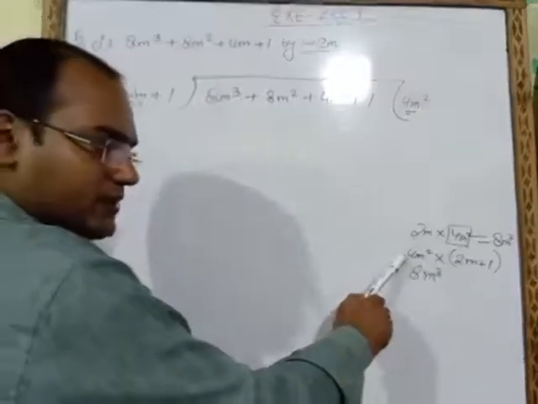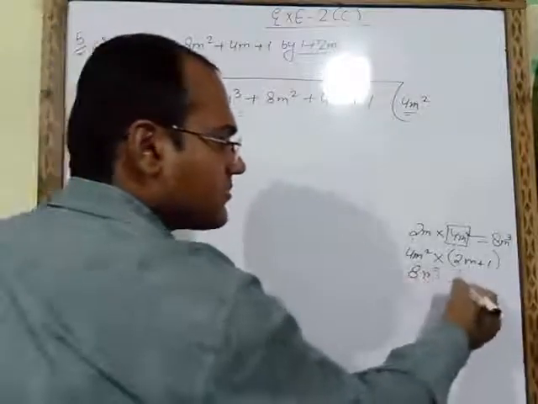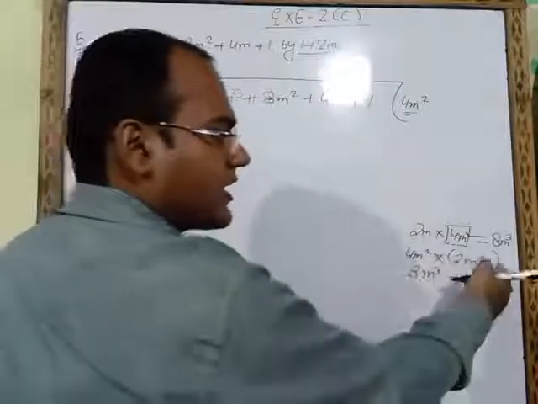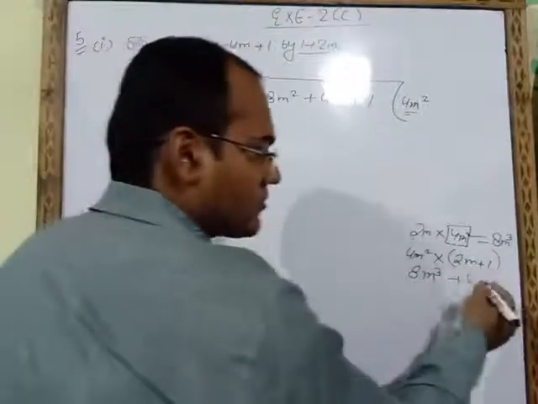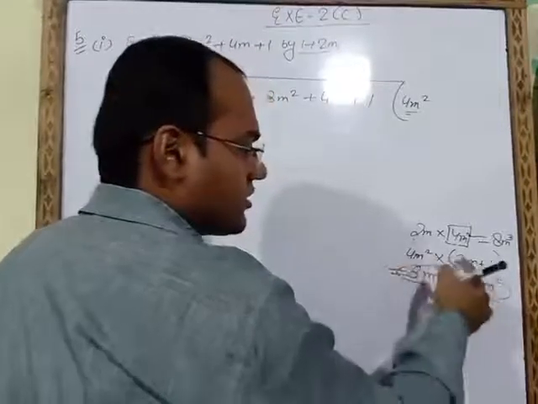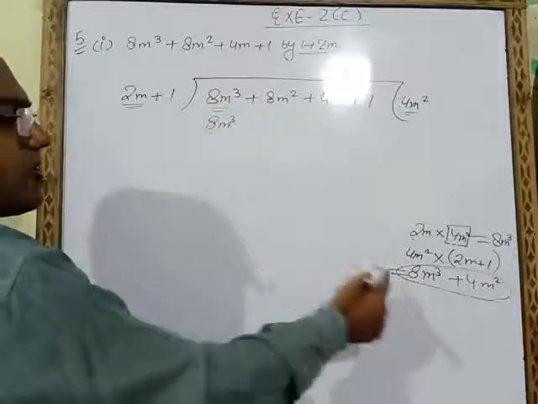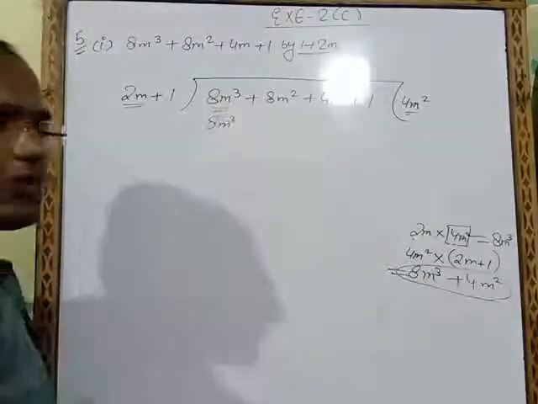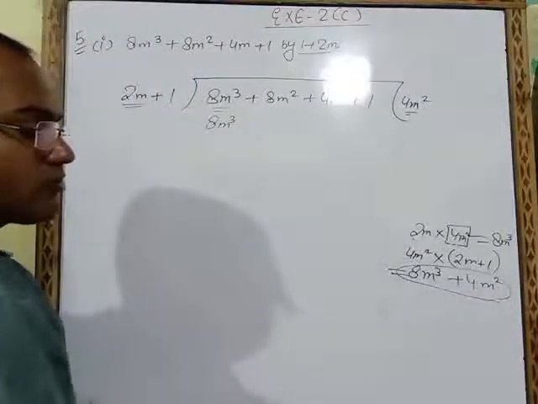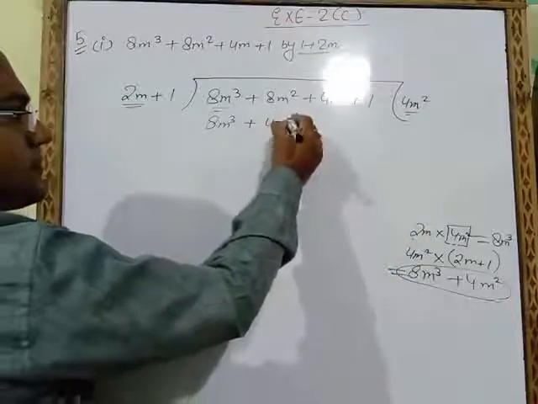Now here it is plus sign and inside also it is plus sign. Plus plus plus. 4 into 1, 4. M square, but here alphabet is not there. So this m square we will write as it is here. So on multiplying these two things, we are getting 8m cube. So 8m cube we have to write under this term because these are like terms. Plus 4m square. This is 4m square. M square is coming. So this is the m square. So here we will write plus 4m square.